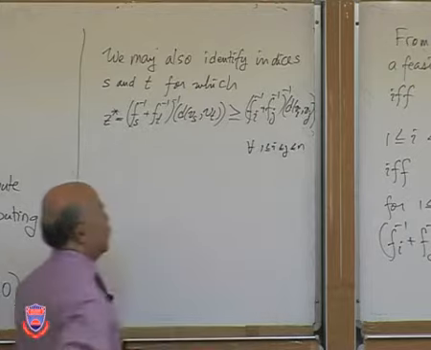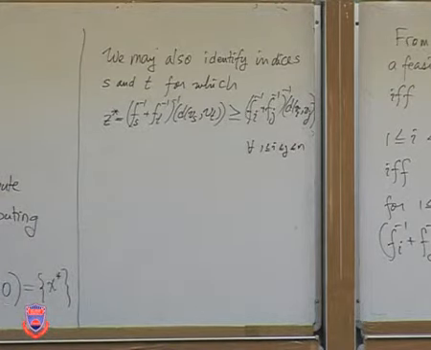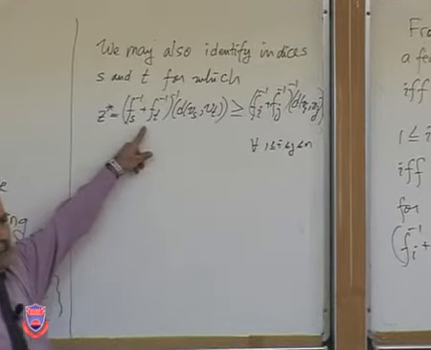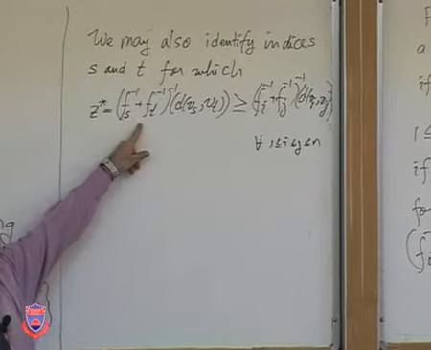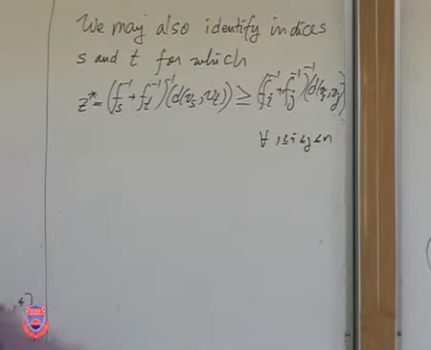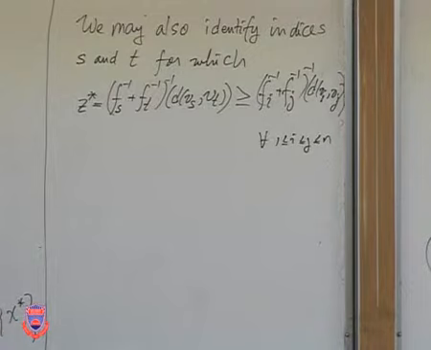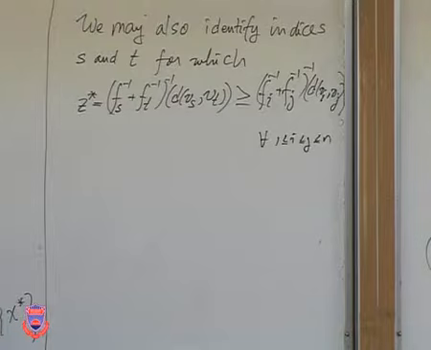The i equals j case will simply output 0. So in this case, S and T will be distinct. The minimizing value will be defined by a pair of vertices whose elements are distinct,